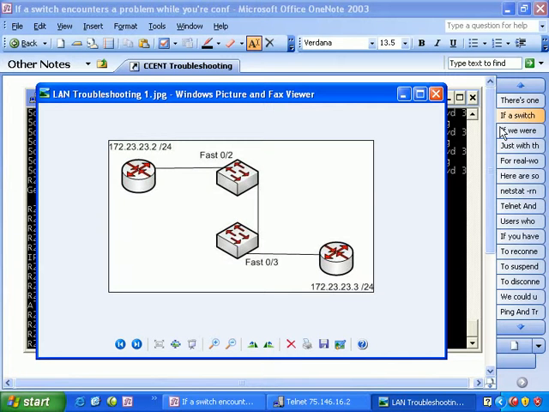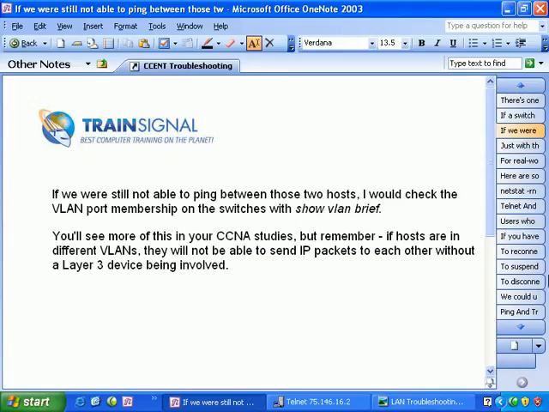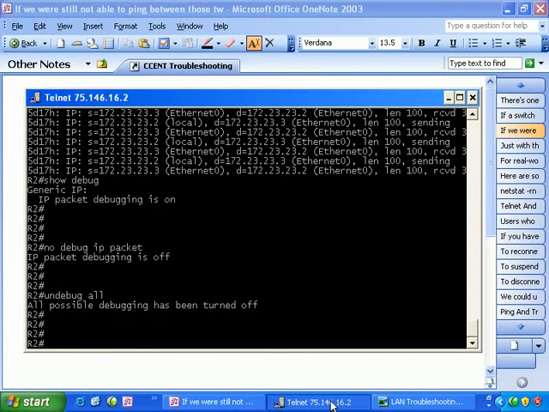Maybe the interface isn't open. If we still weren't able to ping between those two particular hosts, I would check the VLAN port membership on the switches with show VLAN brief and see which VLAN they're actually in. We can take a look at that again. We looked at that earlier, but